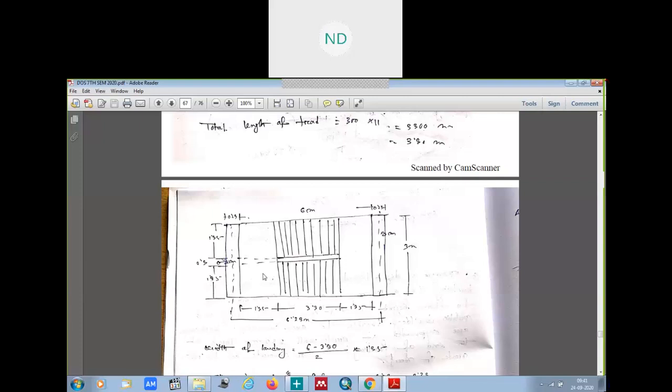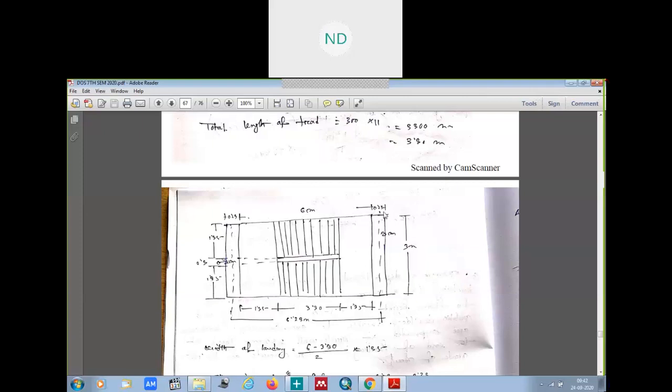Now, if we see the width of the landing, how much should be the width of the landing? We know the size was 3 meter into 6 meter. So this was 3 meter. This was 6 meter, from the center, sorry, this portion from the starting of the landing to the starting of the landing, this was 6